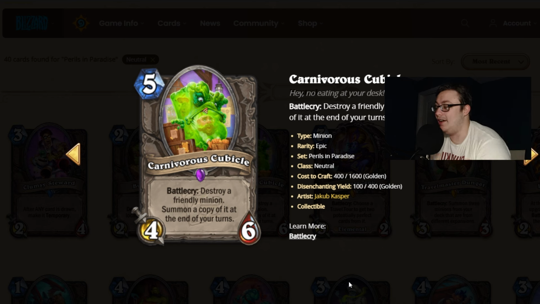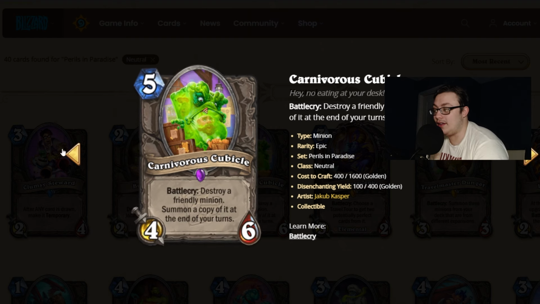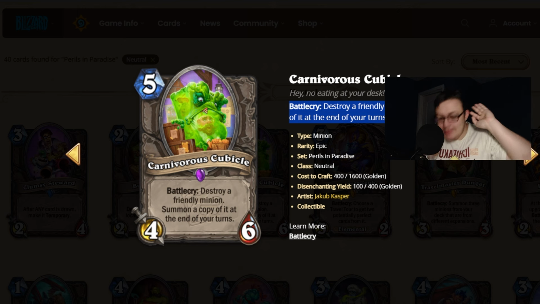But yeah, it's kind of like an inverse if you really think about it. The other one you wanted to have die immediately, or die any time, honestly. Carnivorous Cubicle, on the other hand, you want to stay alive. And it summons a full copy. Worst comes to worst, it targets Titans. You can use this on a Titan. Okay, 5-star card